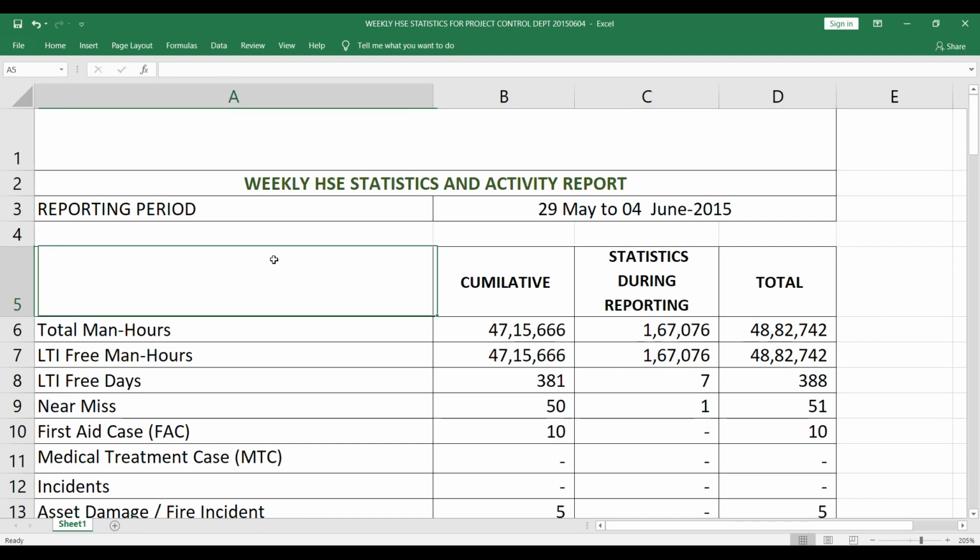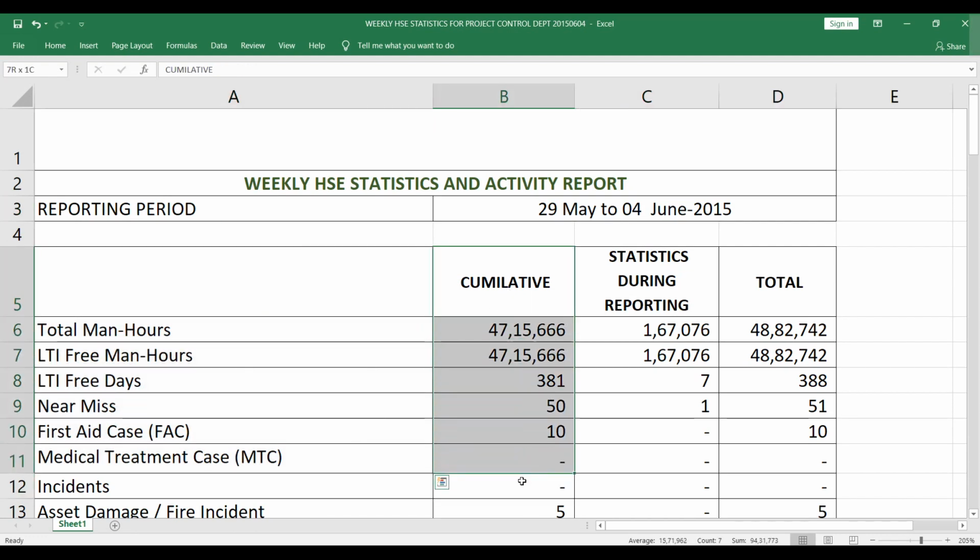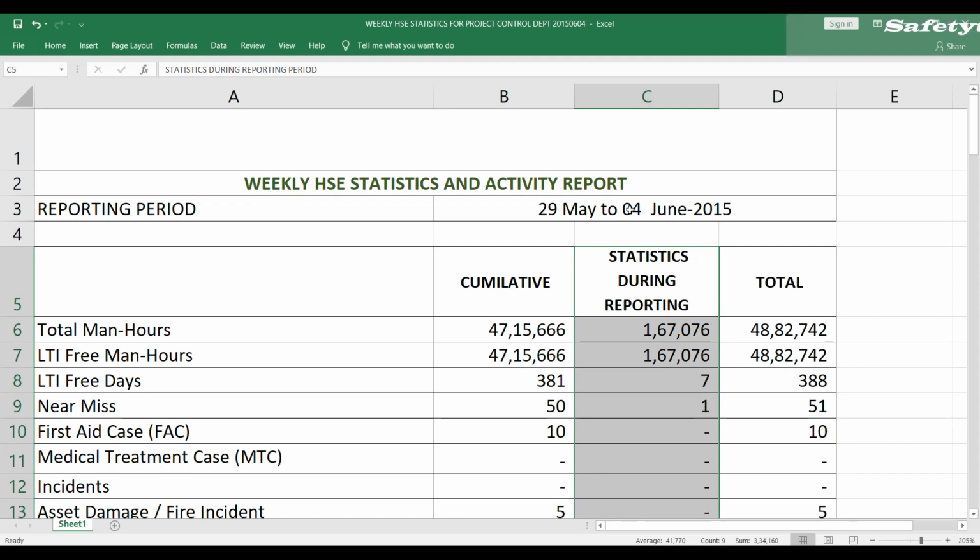In this form there will be certain descriptions and cumulative. Cumulative is the total figure from the start up to the day of reporting, 4th June 2015. This report covers 29 May to 4th June 2015.